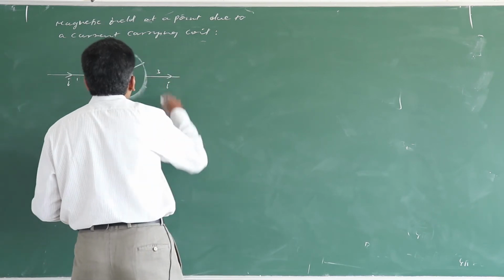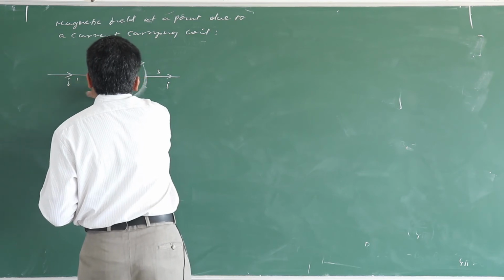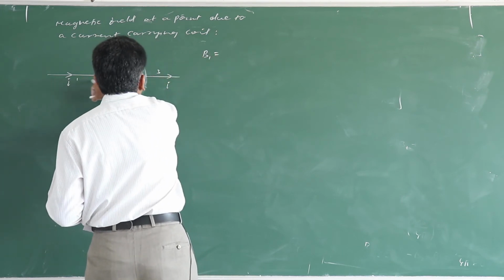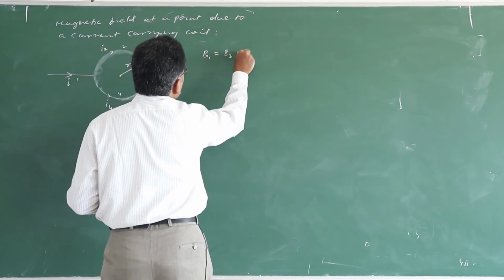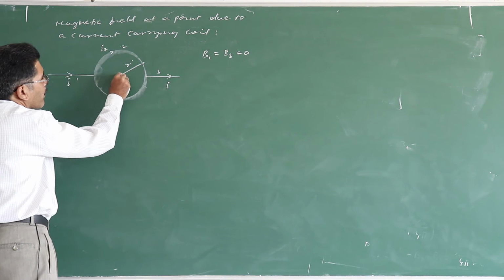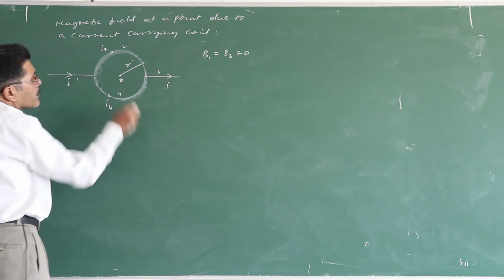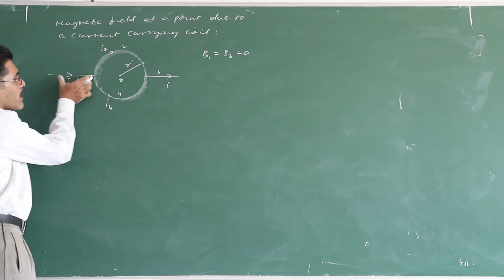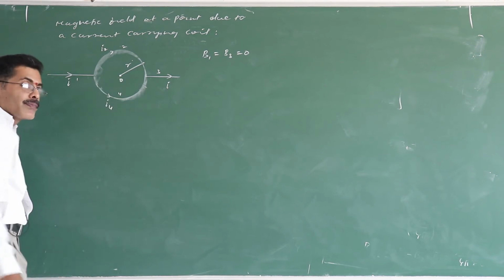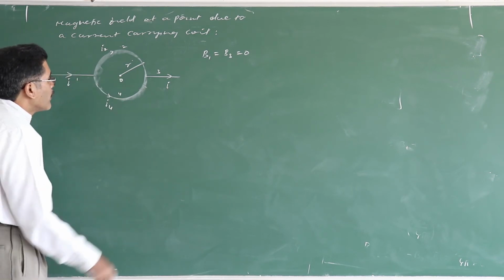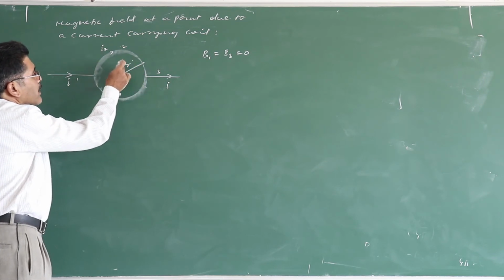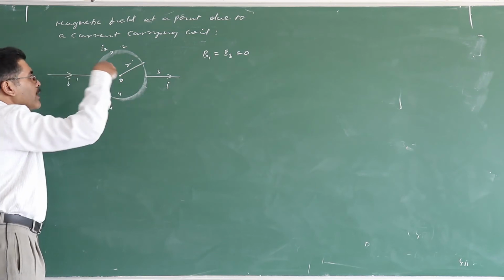See here, magnetic field due to current flowing in segment 1 and segment 3 are 0. 1 and 3 indicates the segments. This is one segment, this is another segment. The point O is along the axis. See, therefore current flowing in this particular segment and this particular segment does not produce magnetic field here, right, because it lies along the axis. We must consider only this one. See here, current direction is like this, it is towards you. In this case, current is into the board.